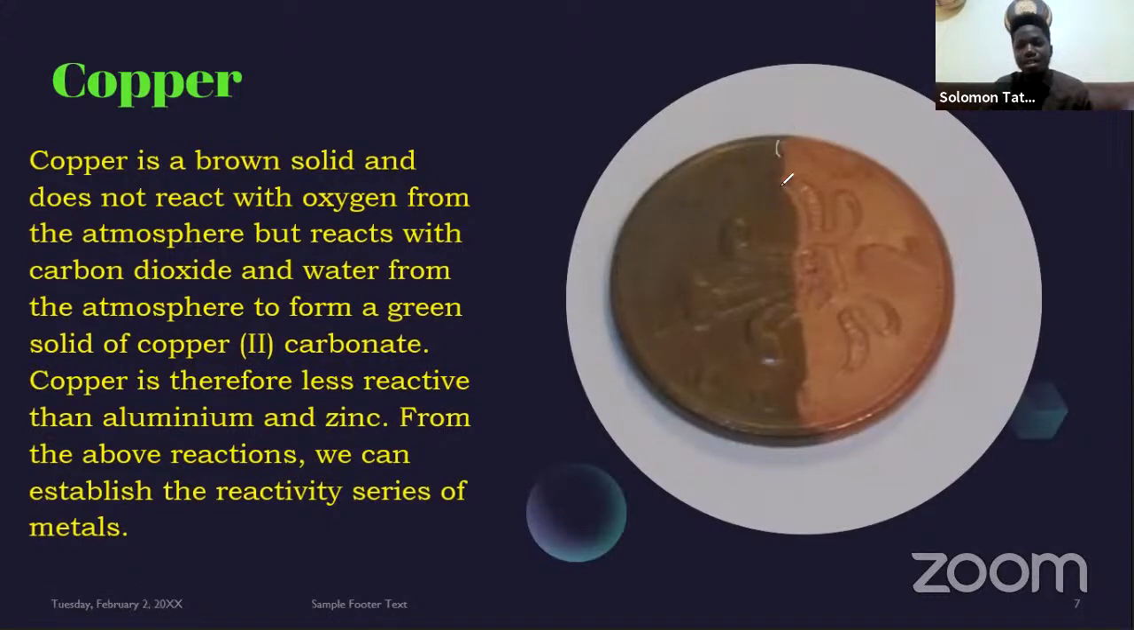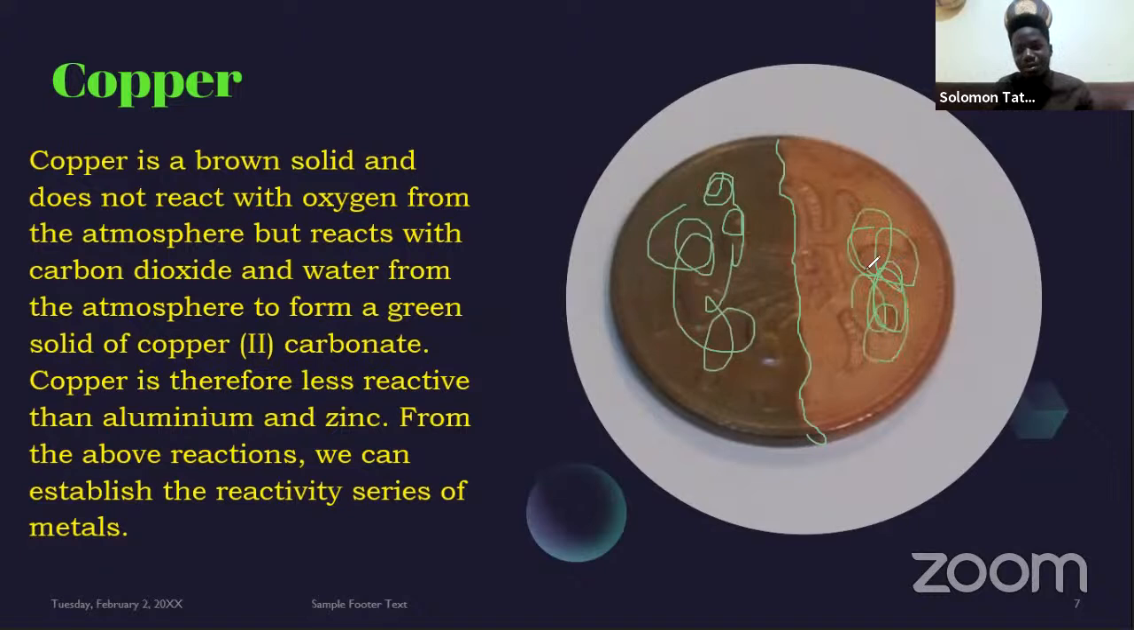Now, when you look at copper, this is a penny right here. It's made up of copper. And I'm trying to highlight this part here. When you look at this side, it is greenish, okay? And this side is still pure. So this side has been contaminated by carbon dioxide and water, forming a greenish substance called copper carbonate around it,